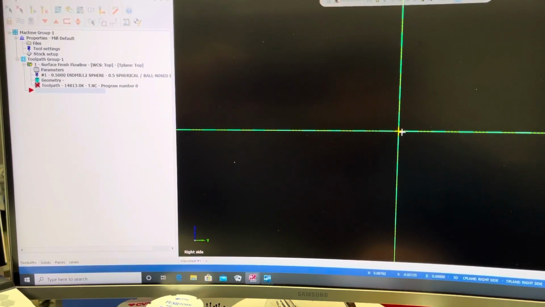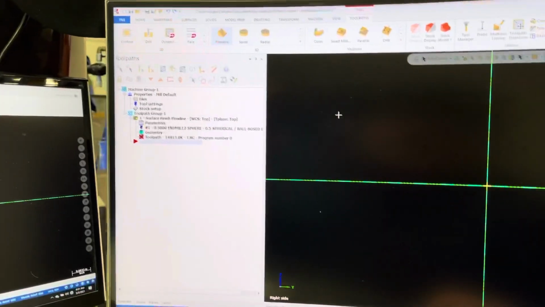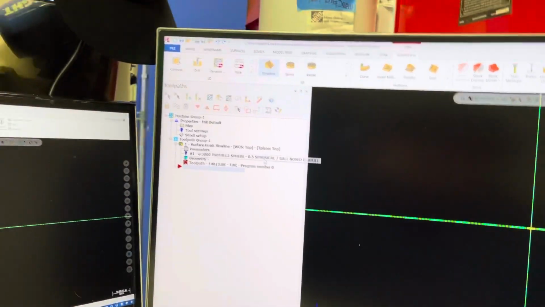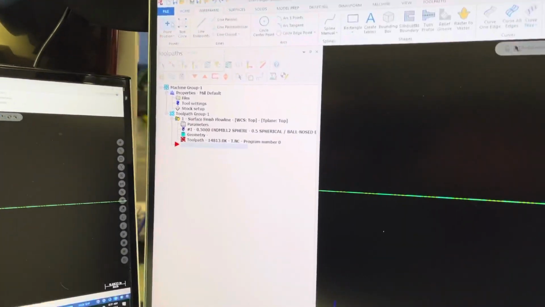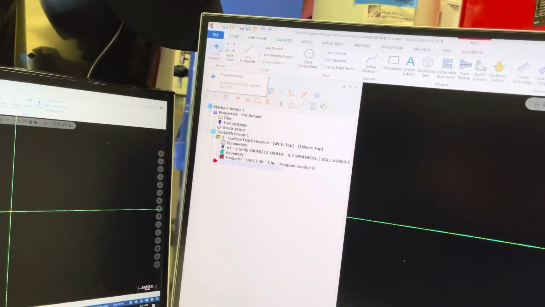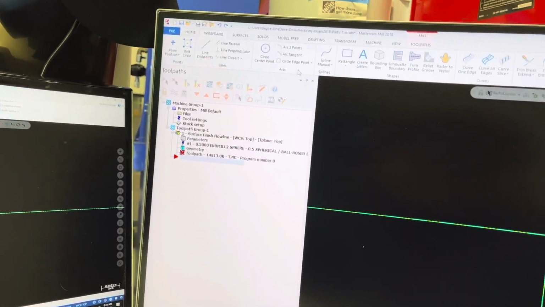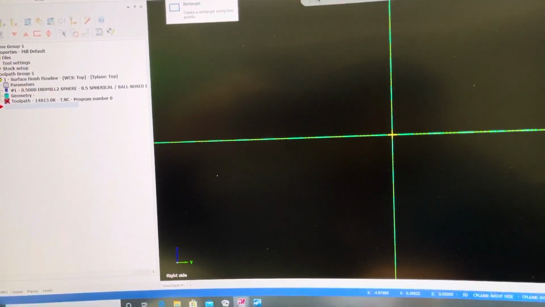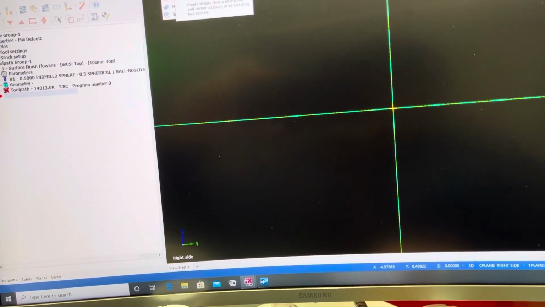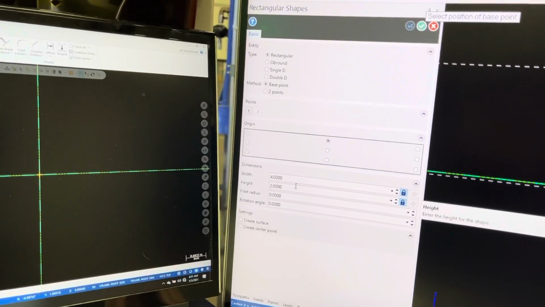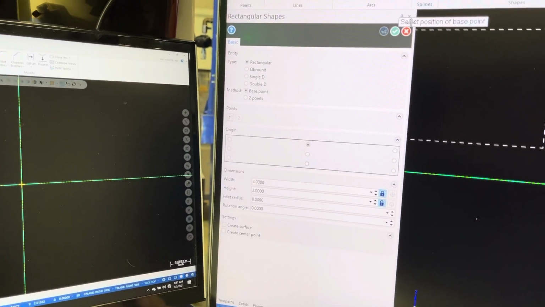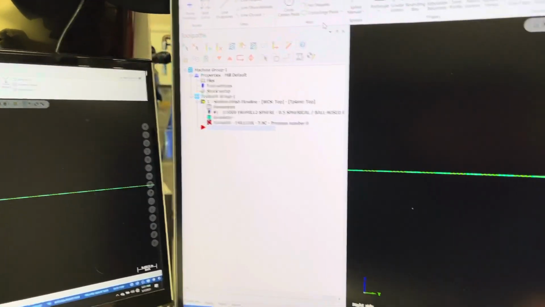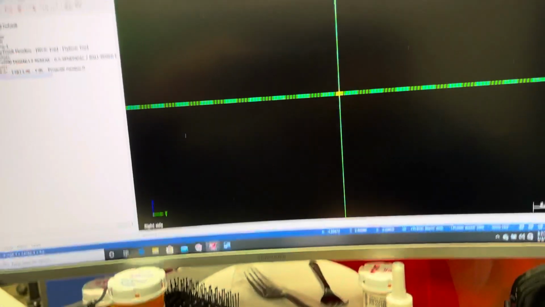First thing you want to do is create a point position. Space bar 0, 0. Once you go into wireframe, touch point position. Then after that you want to go to rectangle. Rectangle sector 1. Put in the size you want. Real simple. You go down to 4 inch by 2 inch. That's what I'm using. Now I already have it done, so I'm just going to fast forward on the